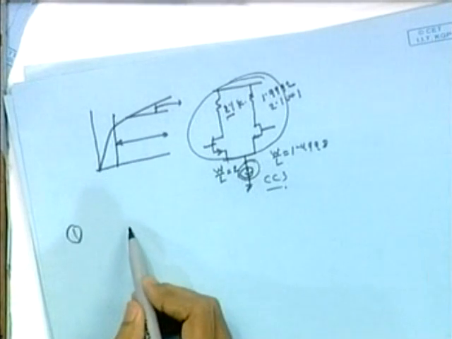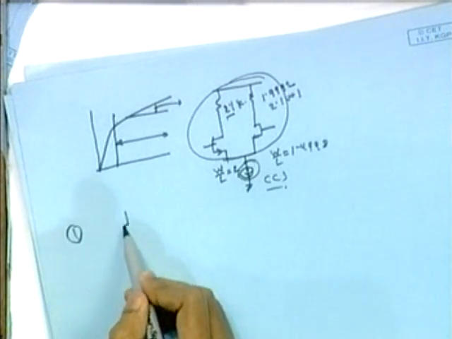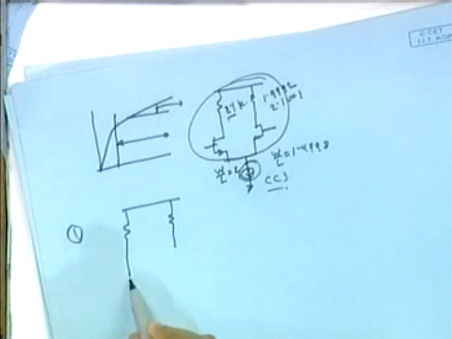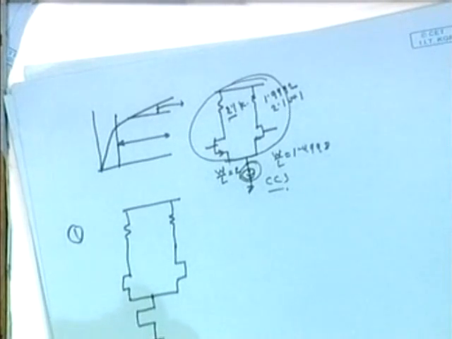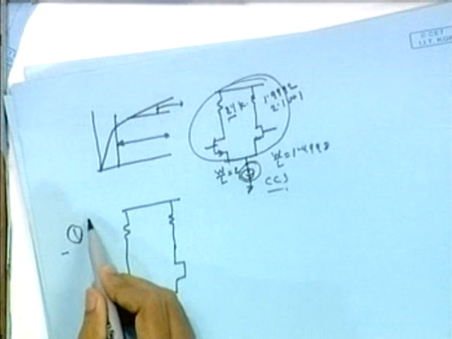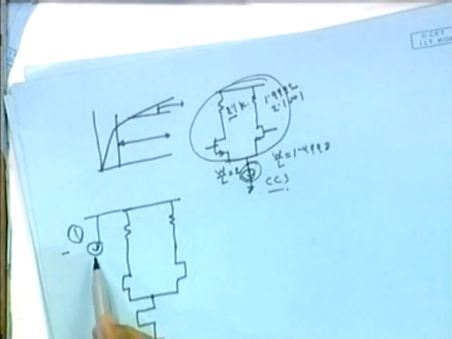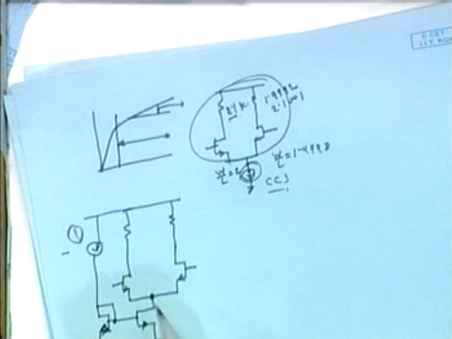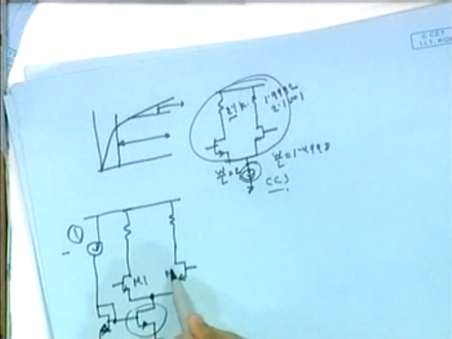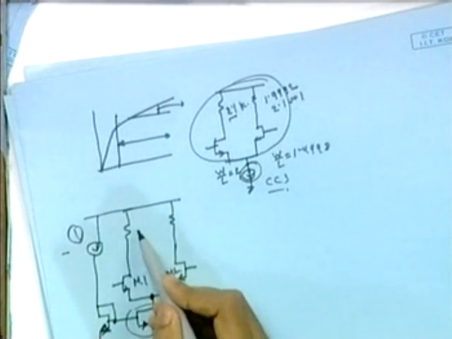We are using an NMOS current source. We can have this current generated by the BGR, band gap reference. This is the current mirror. Sorry, these are all NMOS. So now this transistor acts as our constant current source. Call it M1, M2, this is M3. This is our load,